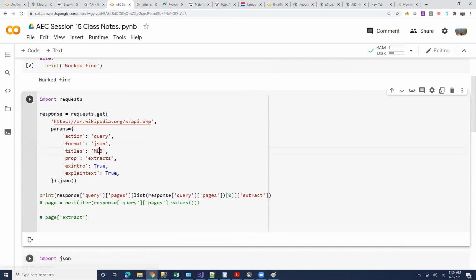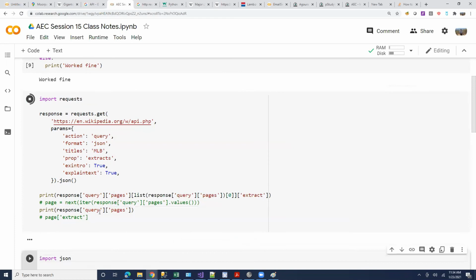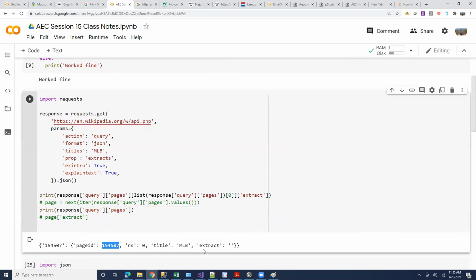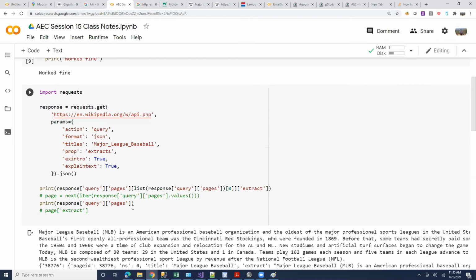Doesn't look like it gives a response at all, right? Or it may be giving a response. I don't know what the result of that response is. So it simply says that there is no such page, or there is no extract in that page for MLB. Interestingly, Major League Baseball works, but MLB doesn't work. This is not what you were expecting, right? So this method is not as friendly as we were hoping.